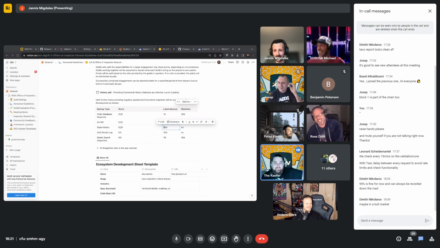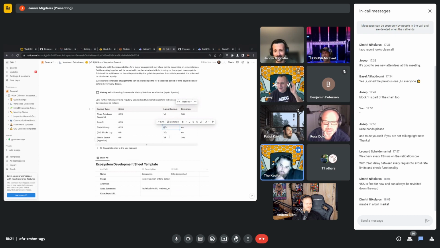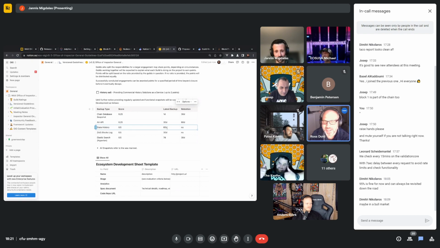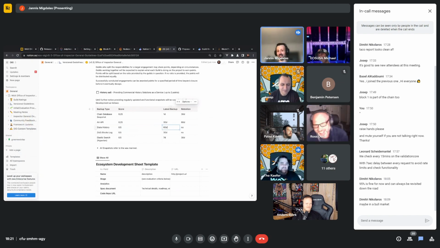We start with 60 and try to get more people in. We could start with 60 and 0.5 points, and then once we've lured more people into providing it, we start to drop it to 90. And then we drop it to 180, and when we drop it to 180, we drop it to 0.25 points. Okay. Sold. Now you can't change it, right? Yeah, the guidelines are final, but subject to short-lived changes.